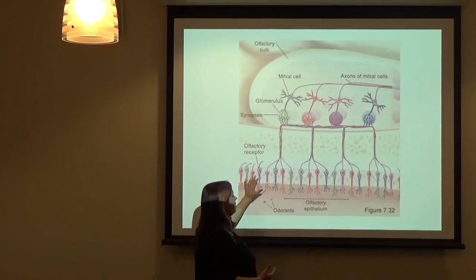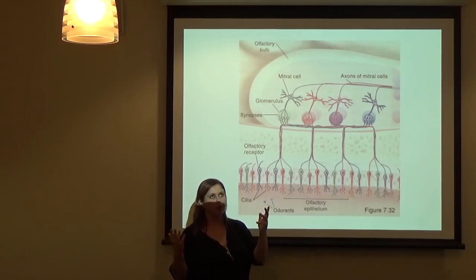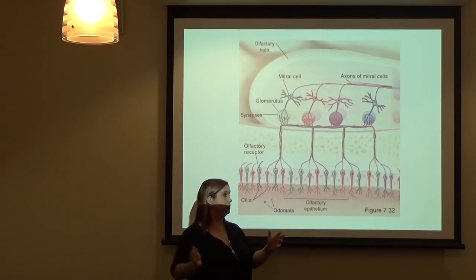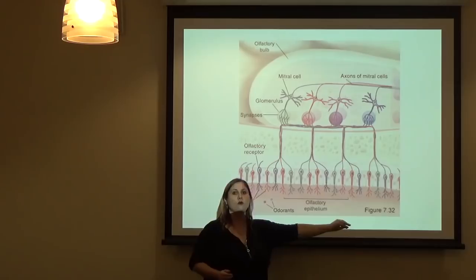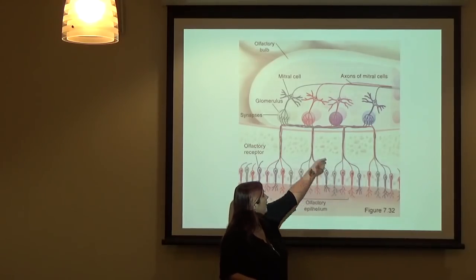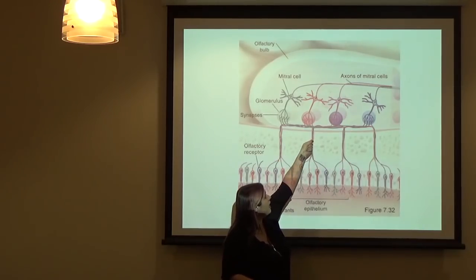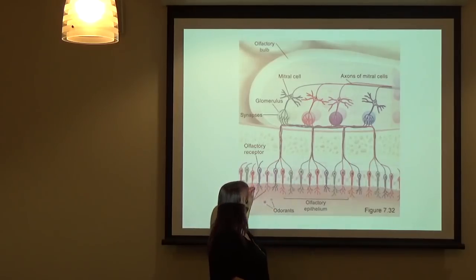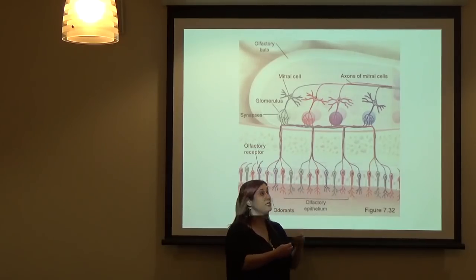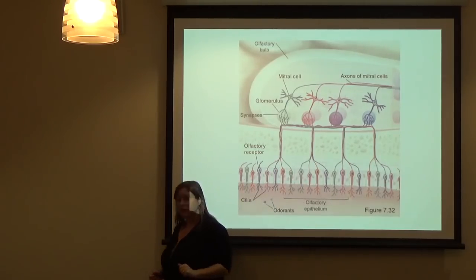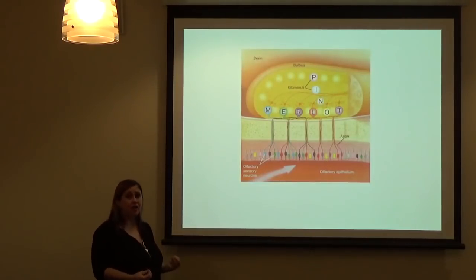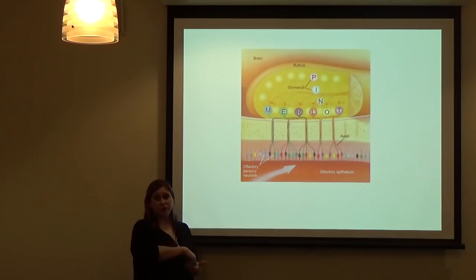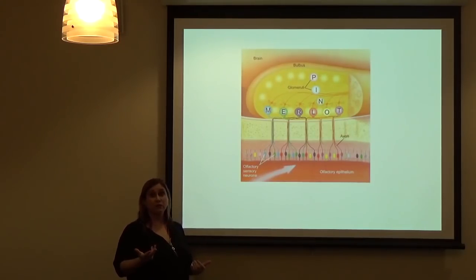So let's say, I'm just making up imaginary smells like bacon or poop or roses or whatever. It triggers its specific kind of olfactory receptor cell, and then it sends its information back to a glomerulus, and all of the other ones like it send their information to that glomerulus too. And then it's the pattern of activity of the glomeruli that your brain interprets as different smells, okay?